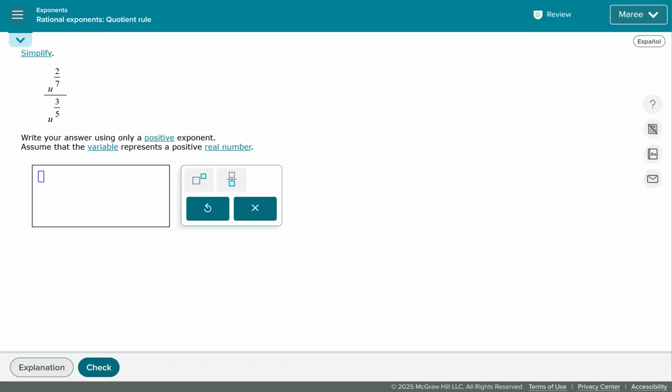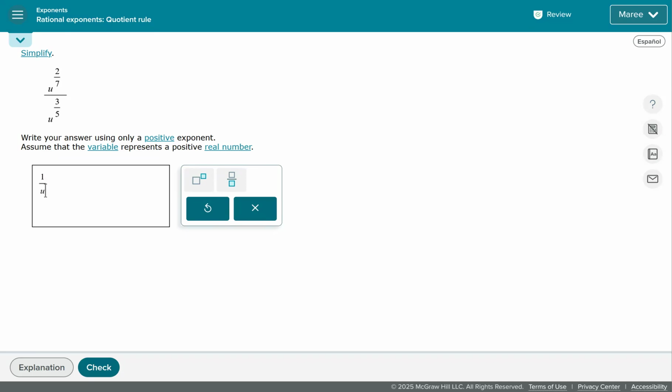Today's topic is called the rational exponent quotient rule. When you have the same base, in this case u, raised to exponents in a fraction, you subtract the exponents. Now, I know that 3/5 is bigger than 2/7, so I know that my answer will be in the denominator. So I'm going to have 1 over